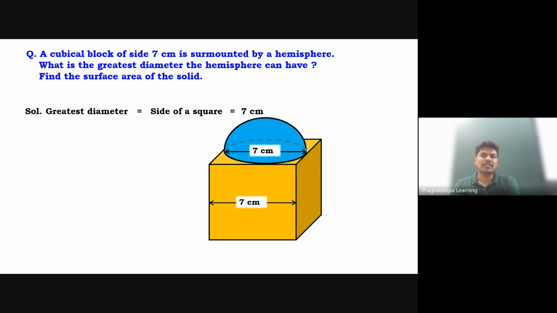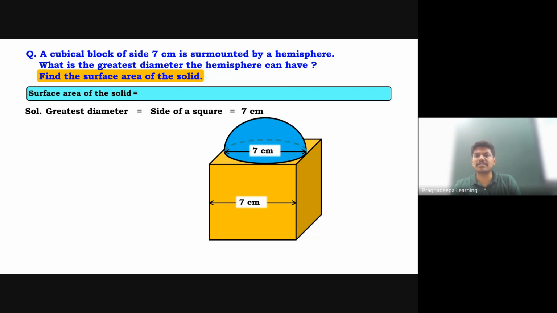Next, the second sub question goes like, find the surface area of the solid. So please see the solid, students. This solid is made up of one cube and one hemisphere. So if I want to find the total surface area, yesterday also we had a discussion. When the word surface area is used, you should find the total surface area. So how will you find the surface area of the solid? Let's find the total surface area of the cube, that is all 6 sides of this cube,